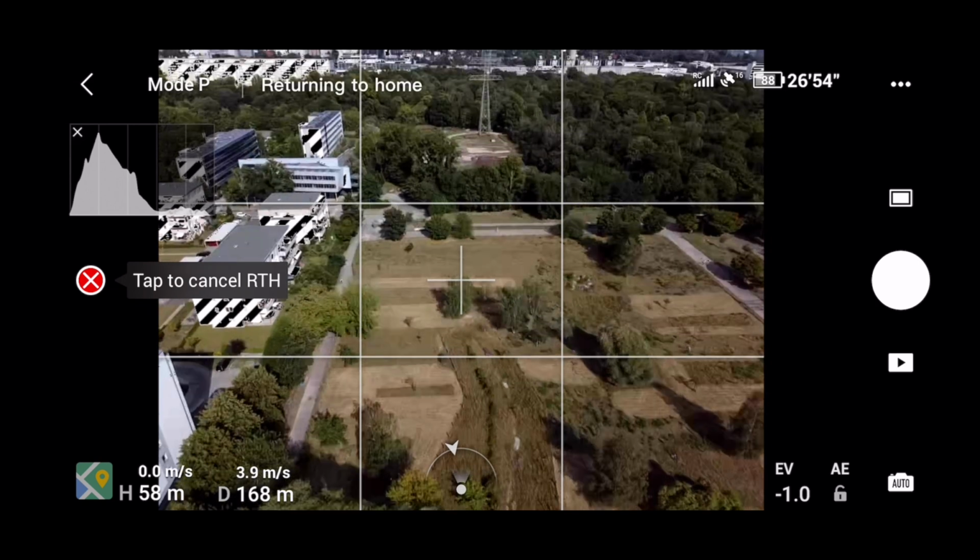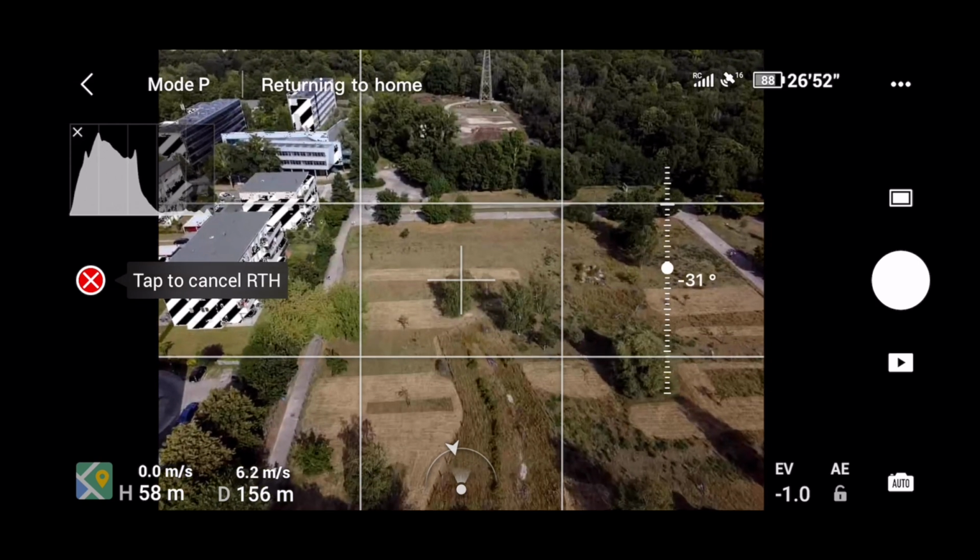As of now, I never really ran into problems with batteries. I always fly around 20 minutes, maybe a little less, and I'm able to take off 2 or 3 times without needing to change the battery. I find it to be perfect if you're on vacation. And it's really secure to fly the drone because there's a GPS on board so that it always knows where